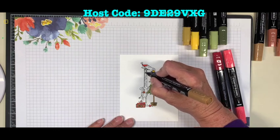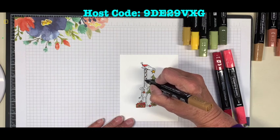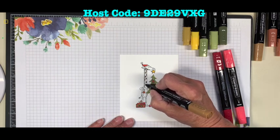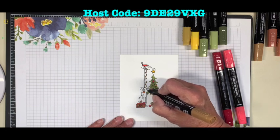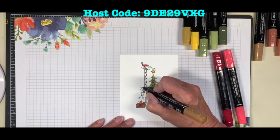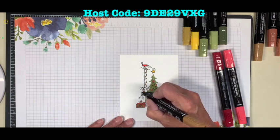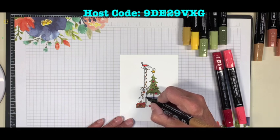small. I mean, you could, but I just think that because that's just a small piece, you don't need a whole lot of shading. But I will shade the rest of him. And then I've got some samples to show you of some other things that I did in that class using the same set. And I'm going to actually put together a sampler